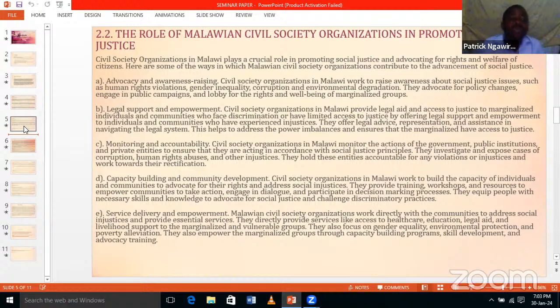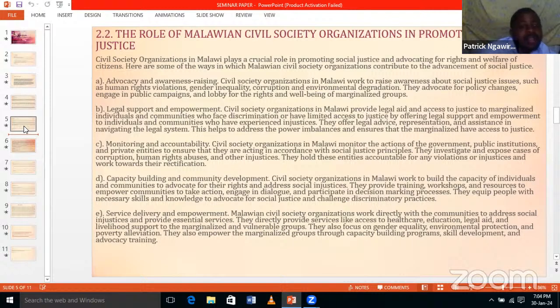The fourth role is capacity building and community development. Civil society organizations in Malawi can work to build the capacity of individuals and communities to advocate for their rights and address social injustices. They can provide training workshops and resources to empower communities to take action, engage in dialogue, and participate in decision-making processes. So they can equip people with necessary skills and knowledge to advocate for social justice and challenge discriminatory